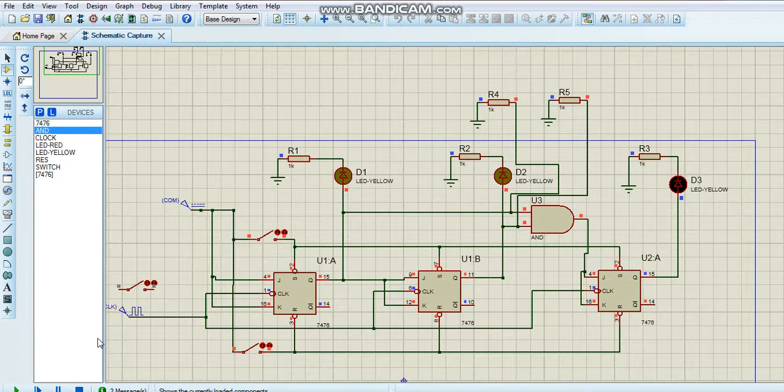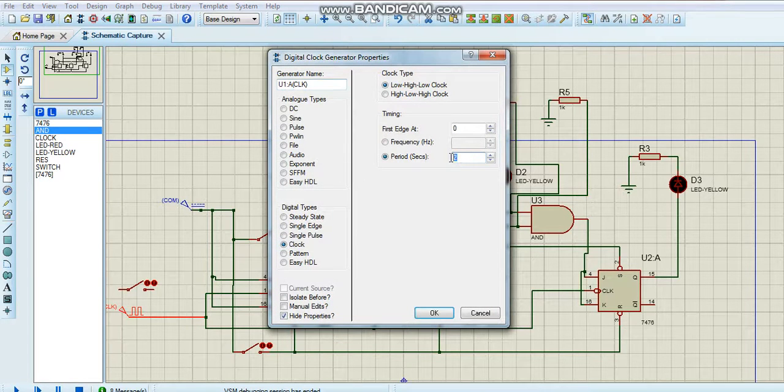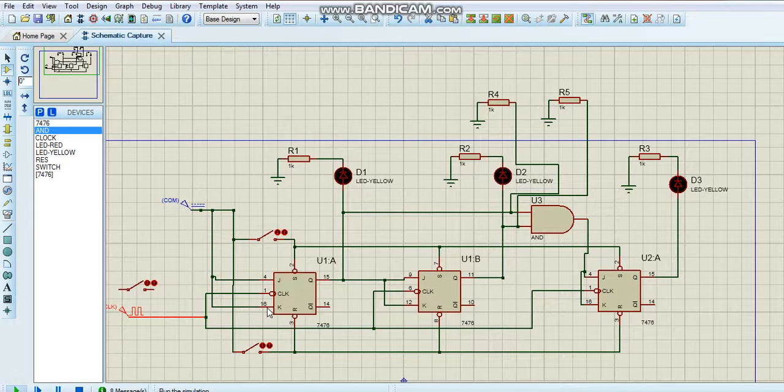Now suppose what I'm going to do here is change the clock pulse. This clock signal, let me decrease the time period a little bit. Let me see what happens here. It will be a little bit faster. You can see it is a little bit faster. 1 0 0, 0 1 0, 1 1 0, and 1 1 1. So this becomes the operation of a synchronous counter. Please try to simulate this on your platform and check whether this is working or not.